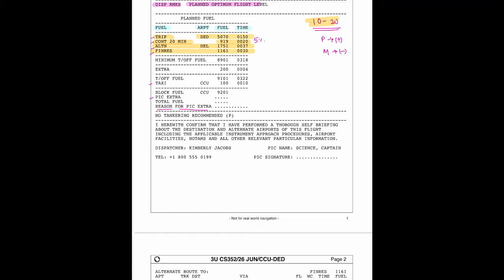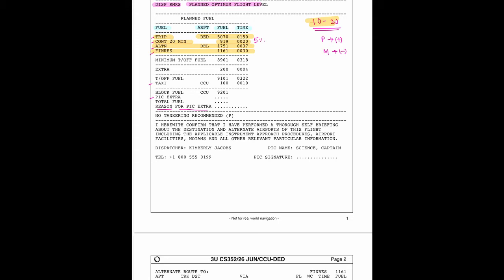So what is a final reserve basically? If we have to hold according to ATC at the time of cruising or descent, or if we have to fly for 30 minutes at an altitude of 1500 feet, then we use the final reserve basically. This is a very common thing, and according to DGCA CAR, this is approximately 1.3 to 1.5 tons. Okay, this is for the Airbus A320 I am saying. For many aircraft it should be different.